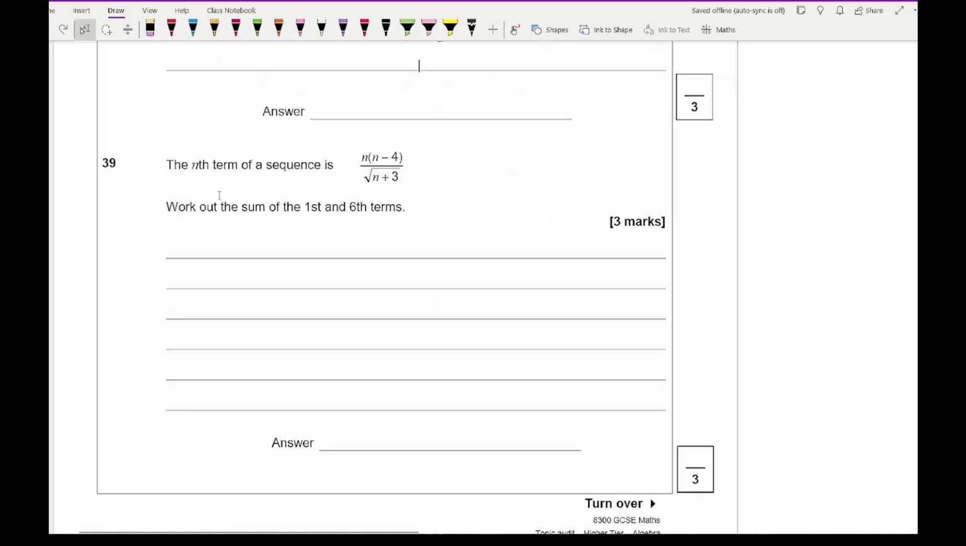Then moving on to question 39, it says the nth term of a sequence is n times n minus 4 all over the square root of n plus 3. Work out the sum of the first term and the sixth term. So the first term is when n equals 1. So if I substitute 1 into this formula, I get 1 times 1 minus 4 over the square root of 1 plus 3. Now if I simplify the top, I get 1 minus 4, which is minus 3, times 1 is minus 3, and 1 plus 3 is 4, so